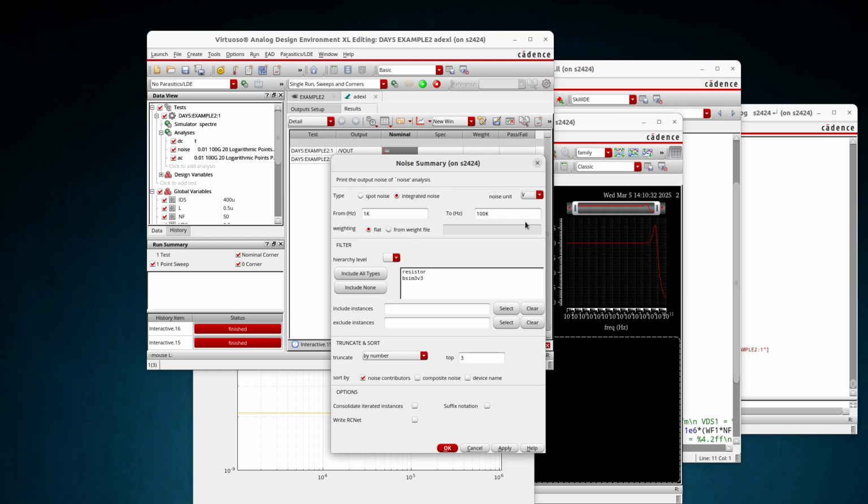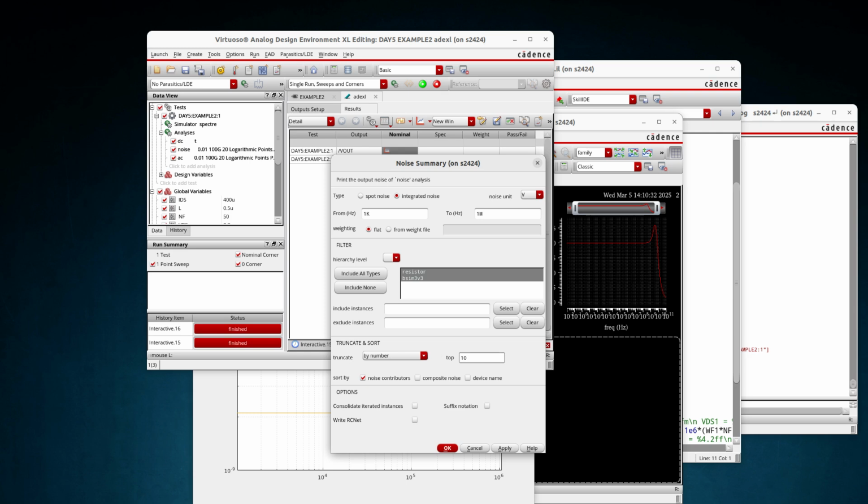This is output noise, and then we integrate in the band of interest, in this case 1 kilohertz to 1 meg. We select all types of noise that we want to analyze, and I put the 10 top contributors here. We apply,